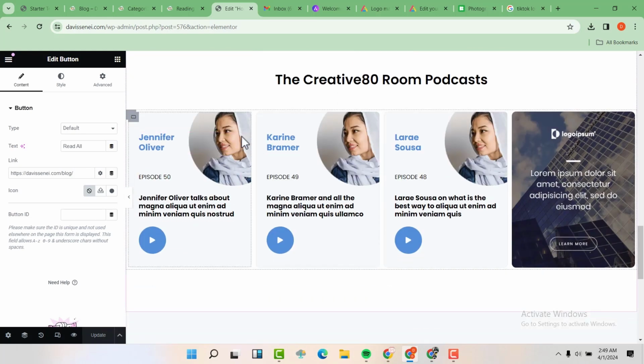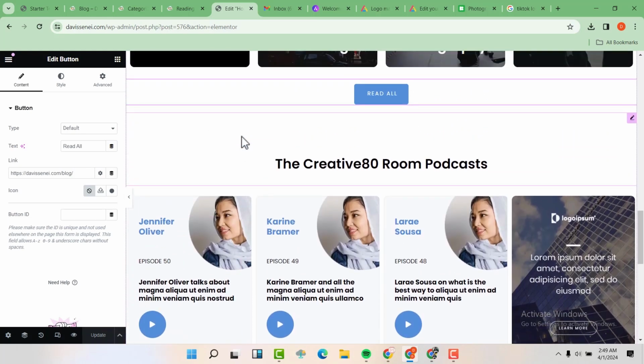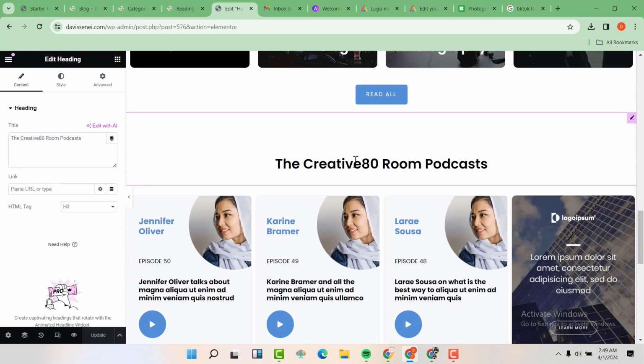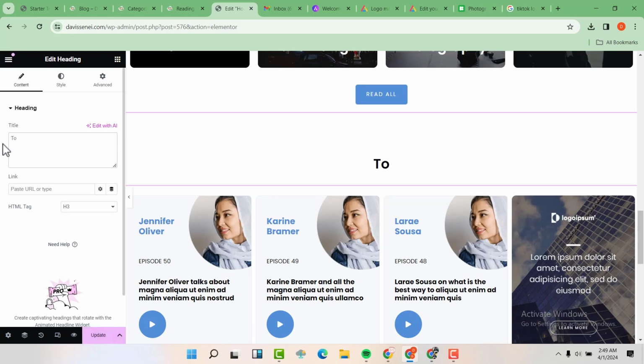So you can come to this section. Now you can decide to do away with this section, maybe by deleting or maybe changing the wording here. Maybe something like that. And then we can come and now if we want to change the image here, now just click. If you want to change the name of this person, let's say we want